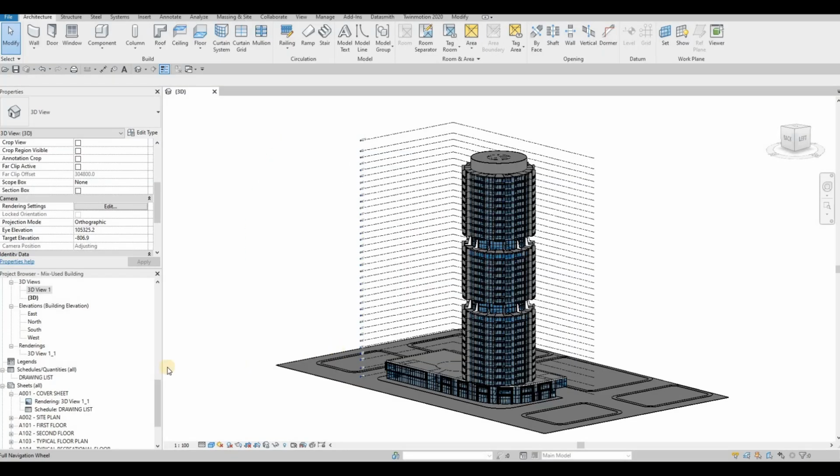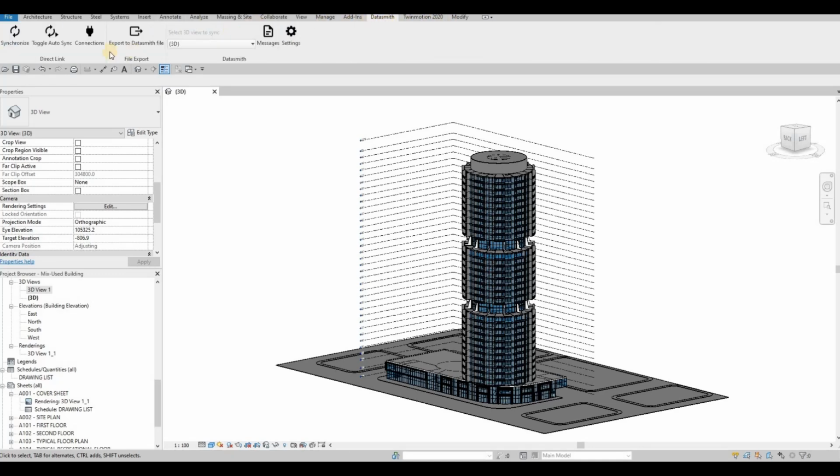So in the last video, we were able to create the sheets and then we printed a PDF, and now we're ready to send it to Twinmotion. But before we do that, we want to make sure that we're on 3D, and then go to your DataSmith plugin, and here we are going to export to DataSmith file. Make sure you save your Revit first, and then